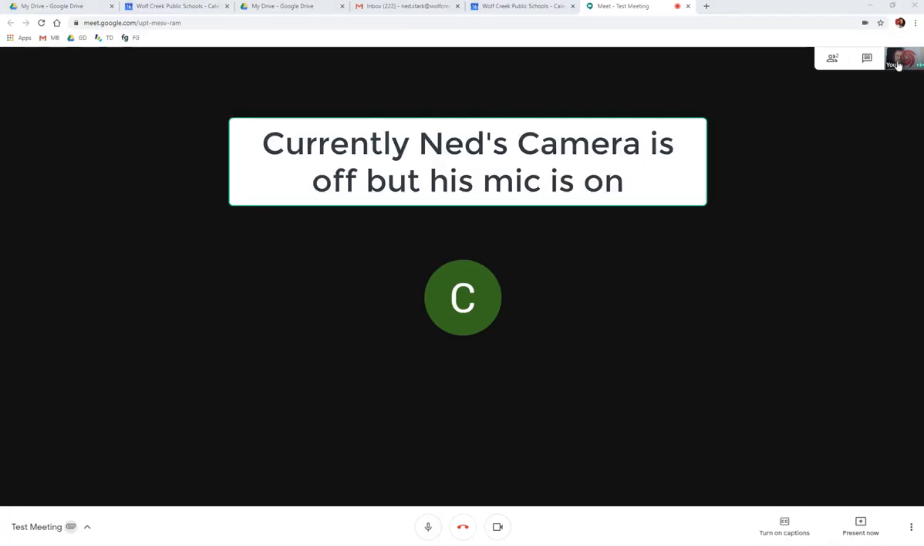If we look up at the far right, we can see what's being displayed from Ned's camera view. We also see audio is working for us. The next window over is chat. I select chat. This chat window is for all participants in the room and can be used as a place